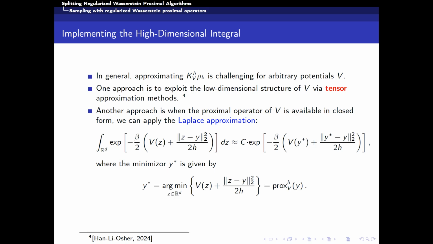Essentially, I learned this from Professor Hao Ming Zhou's talk on Tuesday. He said that when we have a problem in the high-dimensional case, we have two ways: either you sacrifice some accuracy, or your function is simple. Actually, for our work, we take exactly these two directions. For the first direction, we assume that our function is simple, which means we can use some kind of tensor to approximate